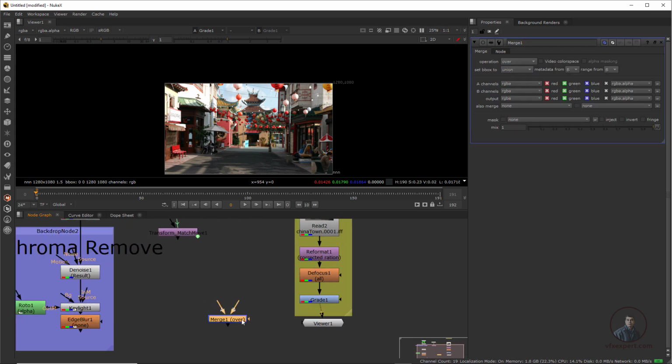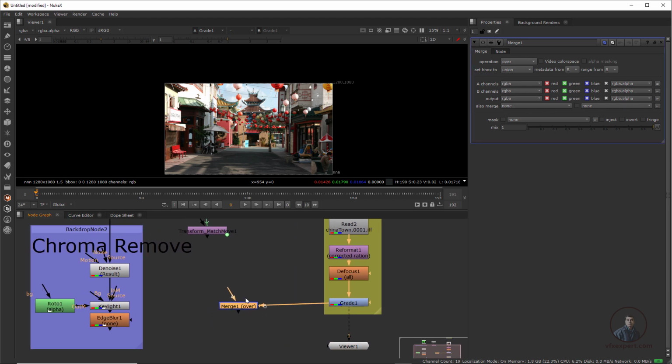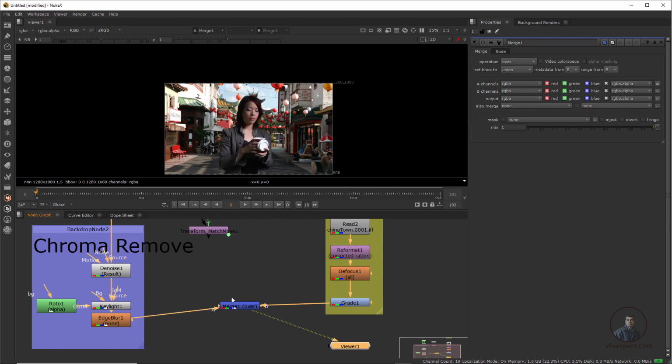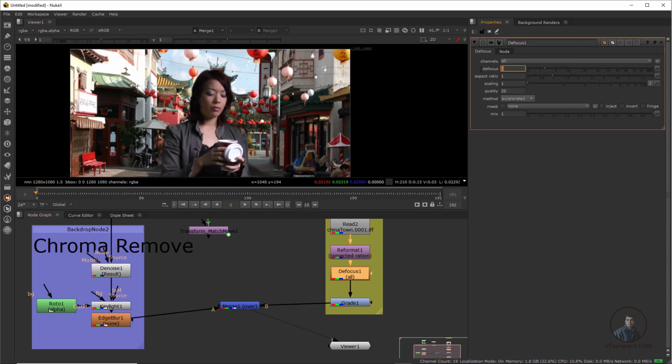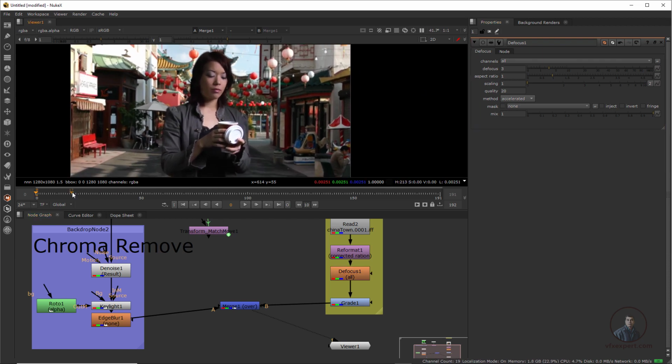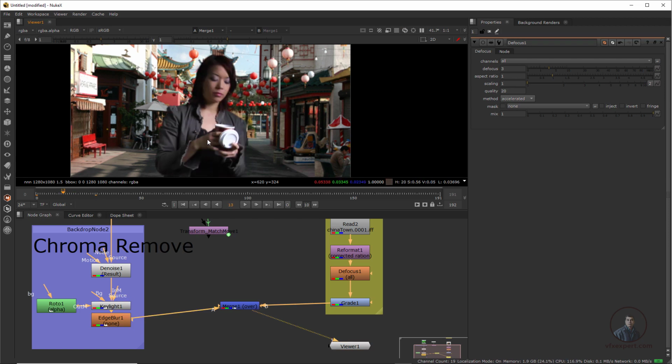So normally take a merge node, then this will be our background here. Keep it a little apart here so we can understand usually, and this output will be our foreground, this one. Now select this one and press 1 here. So this is our output. In defocus, double click here, maybe 2.5. According to your requirement, you have to type the value here. So this is looking good here. Now if you play and check, this is actually rotating or moving, but the background is not moving. So we have to match both things.